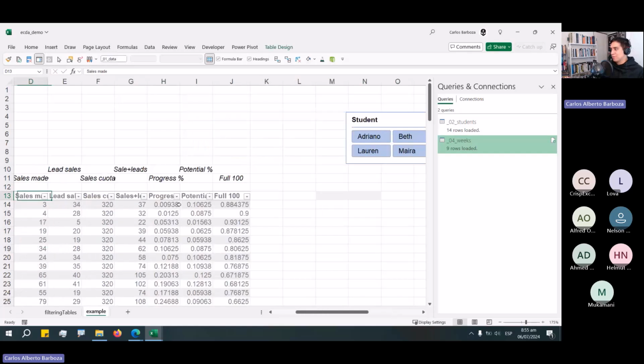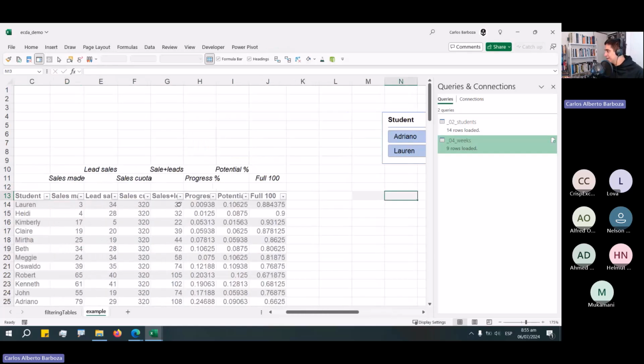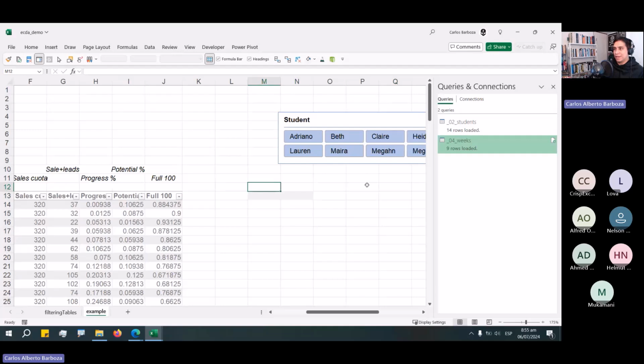So now what I'm going to actually do here is just say students, because we can do one selection or two, and then week selected. So let's just put here selected week, and then here we're going to do students in parentheses, because we can select one or two. So now we go ahead,